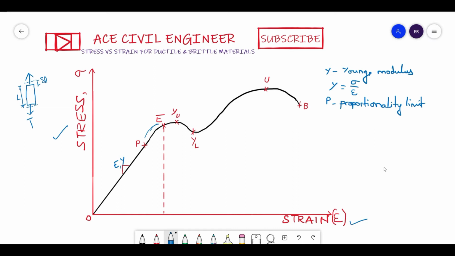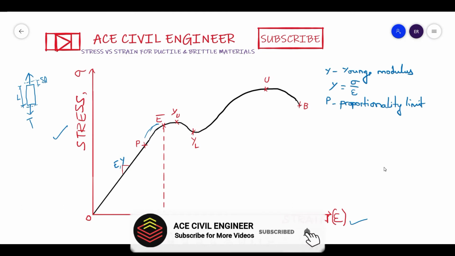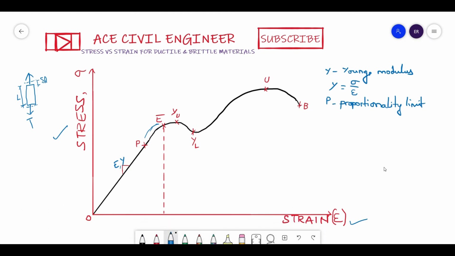From point P to E, what we see, friends, is that though it is non-linear, it is within the elastic limit and has the nature of elasticity. If you release the stress or the force here, it comes back to the point O, meaning whatever deformation you have seen comes back to zero again. So E I can mention as the elastic limit. Friends, what does this mean? The zone from here to here is the elastic region.